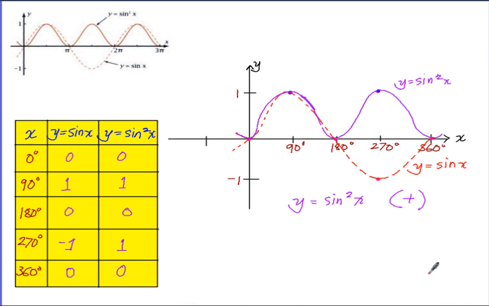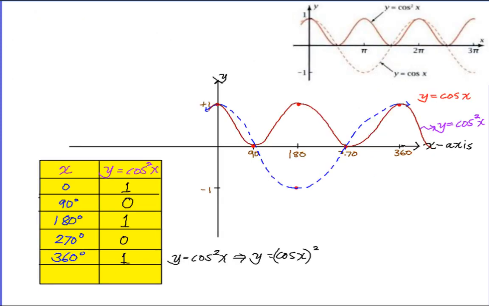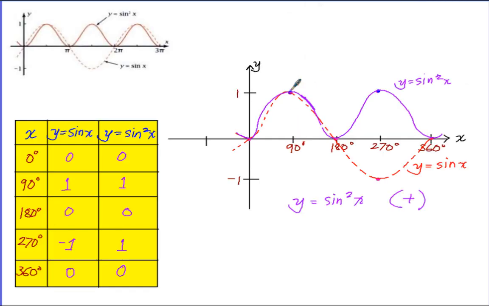And as you could see, these two functions are alternatingly obtaining a y value of positive 1 for every interval, like for a 90-degree interval. Let us take a look at cosine squared of x. At x is equal to 0 and 180, it has 1. And for sine x, at x is equal to 90, it has a value of y is equal to 1, meaning that it is actually filling the holes within the intervals of 90 and 180,